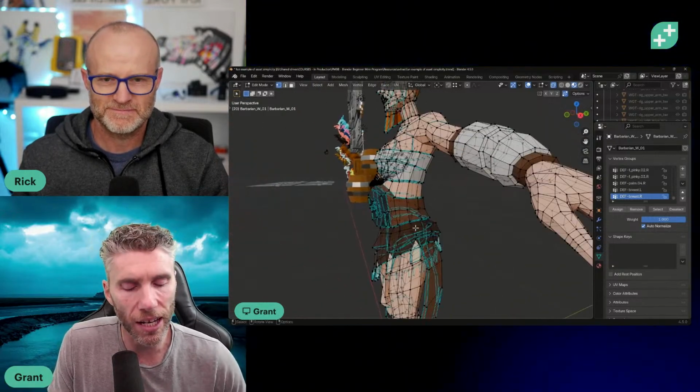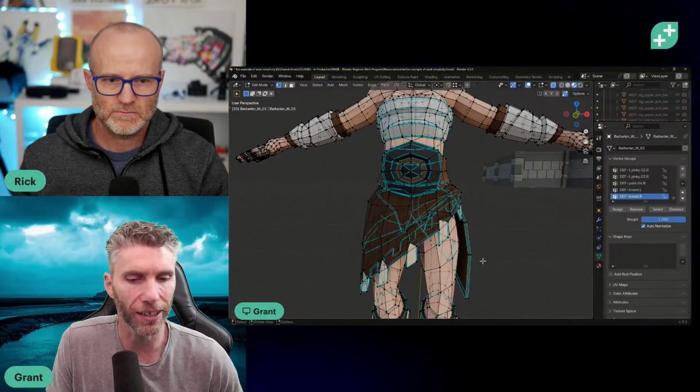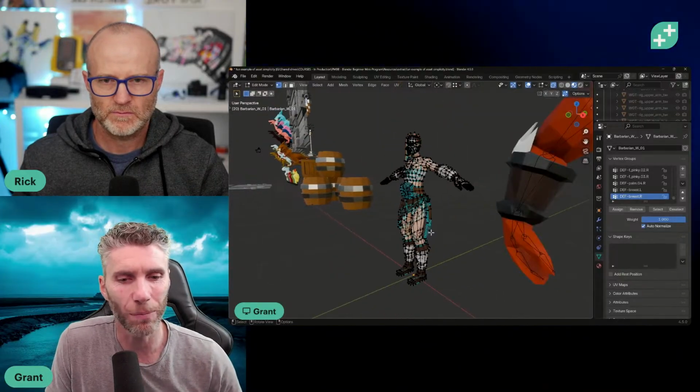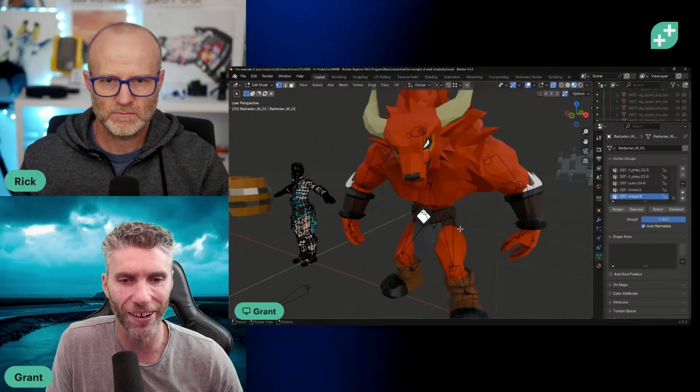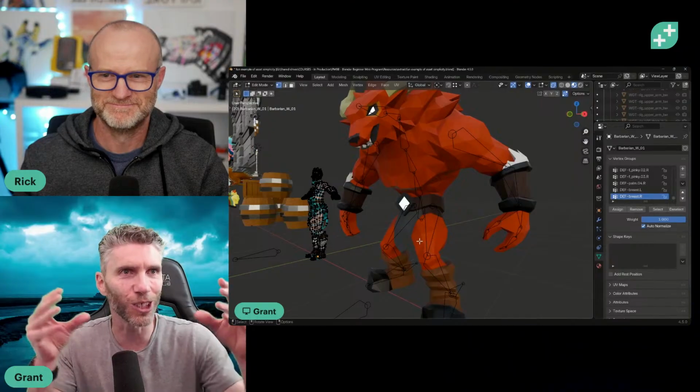And it gets a bit more complicated when it comes to actual kind of dresses like this or capes. That's where it gets a bit tricky. And my advice would actually be keep it kind of skin tight, like this particular character here. They have got a kind of loincloth there, but that's the only dangly bit, because as soon as you start rigging,